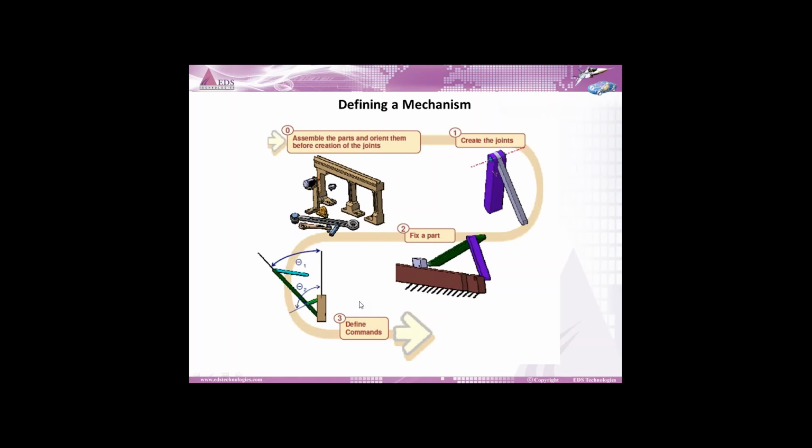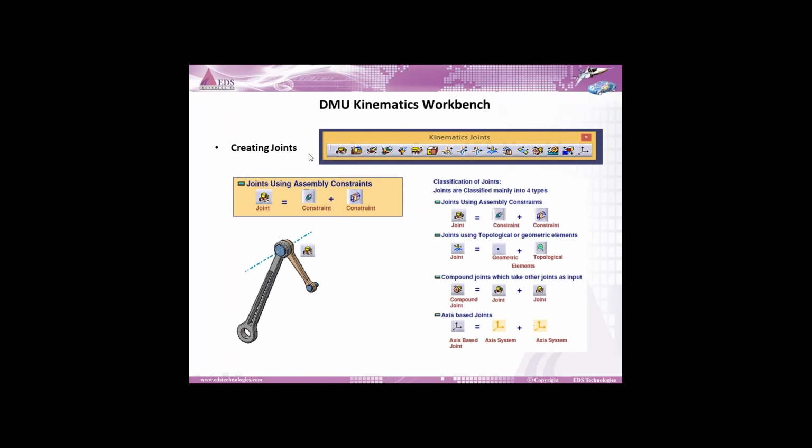This webinar is in two parts. First, we will understand what DMU is actually meant for, and then we'll go to a real demo session where we'll see the possibilities and what we will be able to do in real examples. Before getting into real examples, we want to understand what a joint is and what its use is in these assemblies. In CATIA kinematics, we have this many joints.